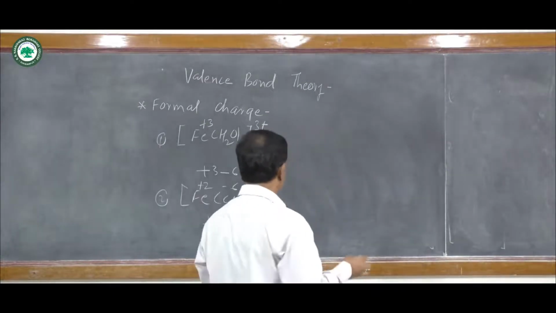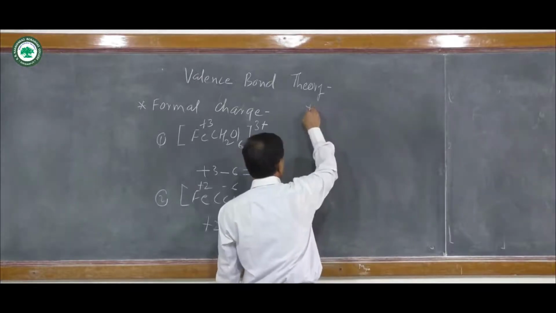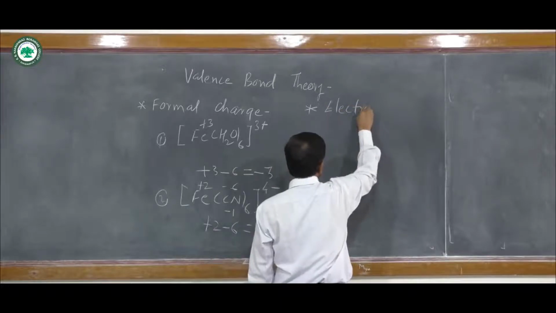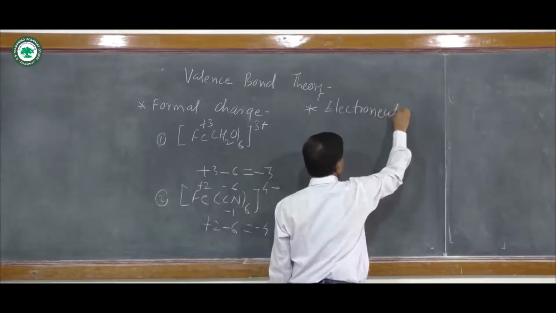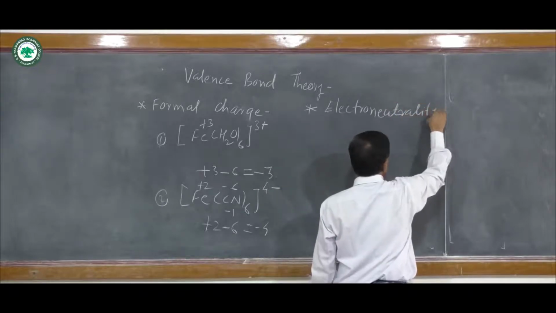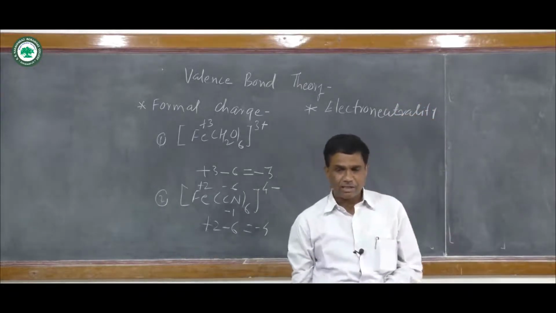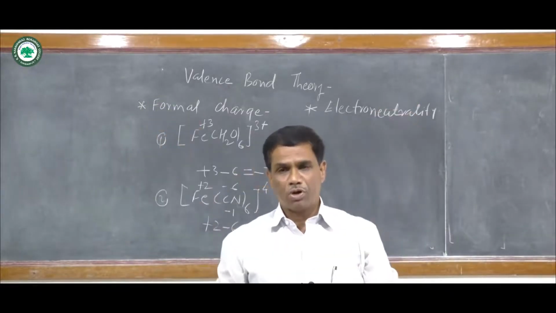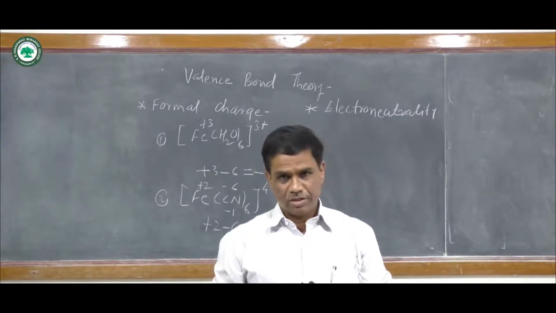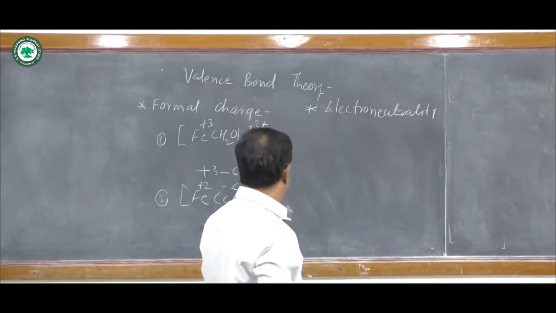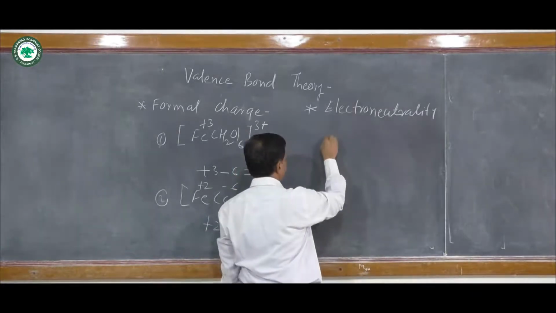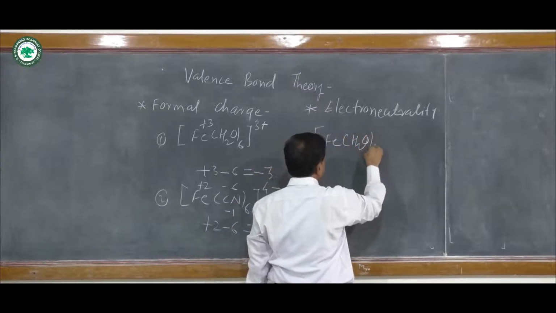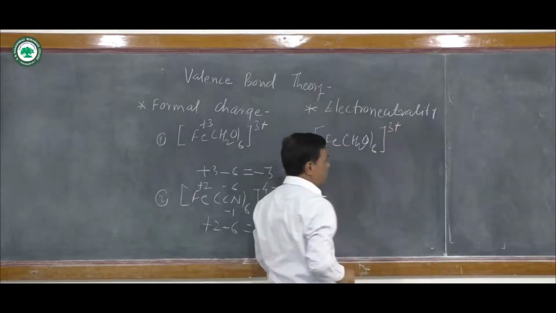Next point is, when there is a formation of a complex compound, there is electroneutrality. According to the Pauling and Slater theory, when complex compounds are formed, each atom in a molecule tries to neutralize the others and the atoms become neutral. Again, the example is, suppose there is a formation of the Fe(H2O)6 3 plus complex ion.